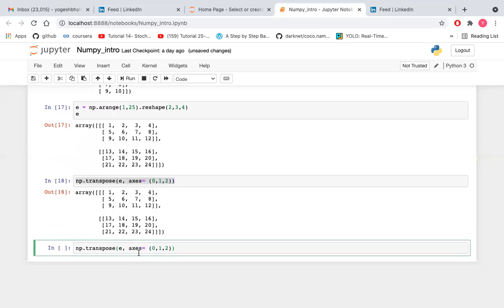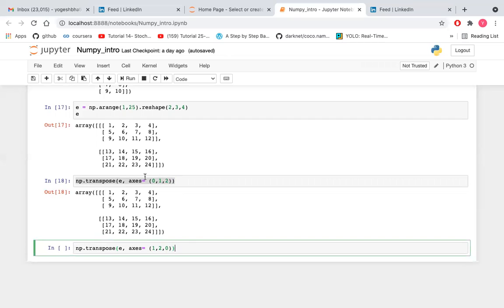Here you can see 0 represents 2, the array size. If we change it to 1, 2, 0: what is the value of axis 1 at the initial level? It is 3, so it will convert into 3 arrays. Axis 2 represents 4 columns, so now it will create 4 rows.